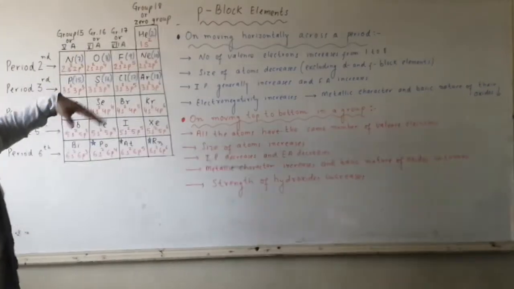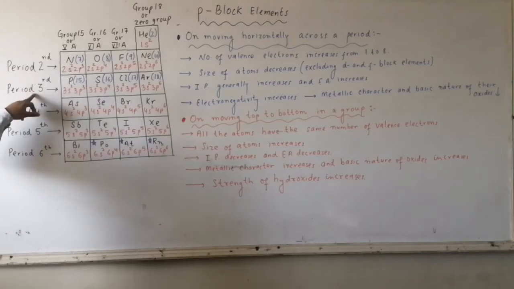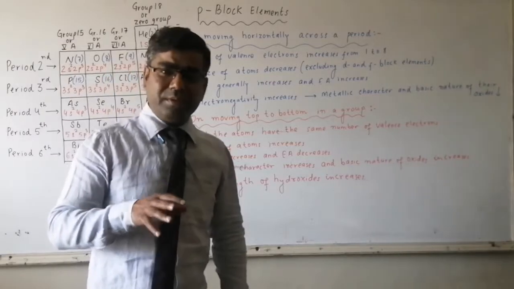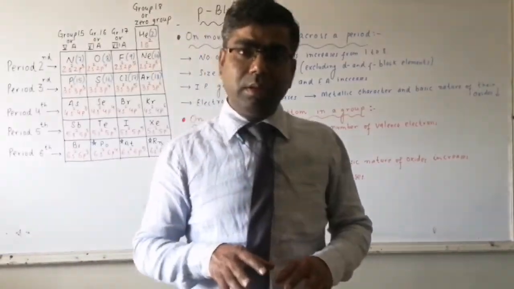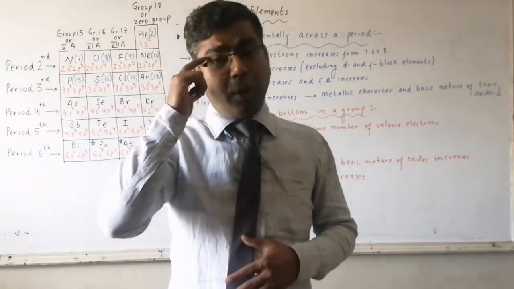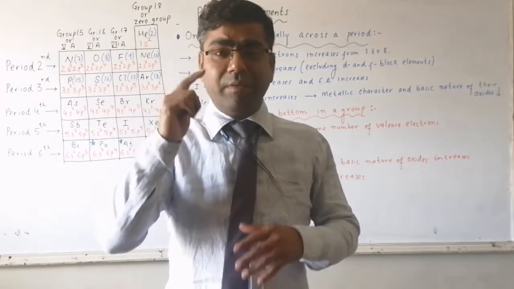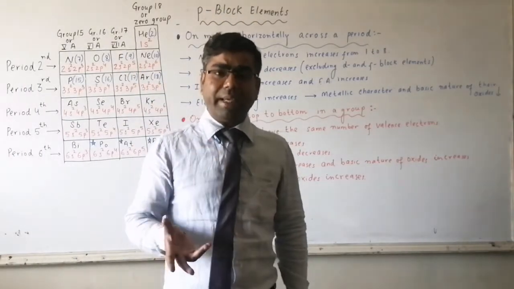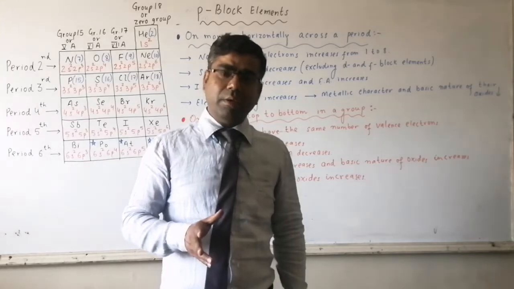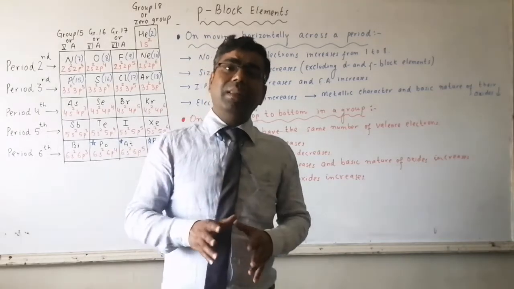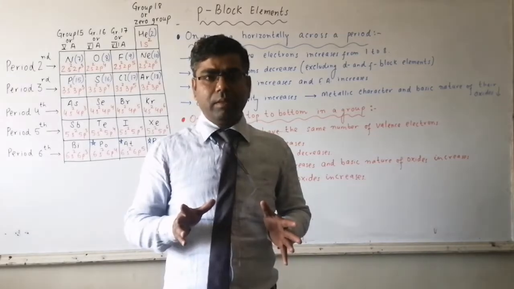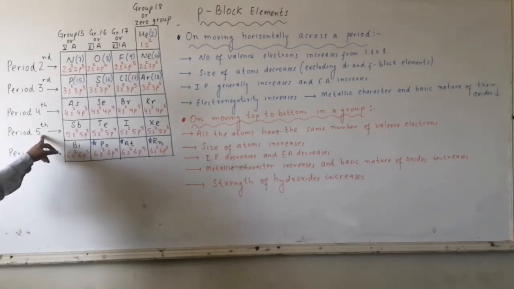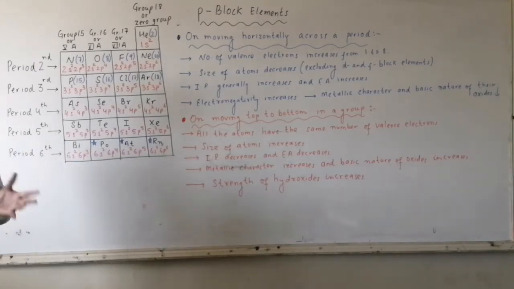Now helium belongs to period first, then we have period second, period third, period fourth, period 5, and period number 6. Period number gives us information about the valence shell. If an element belongs to period 1, then its valence shell will be 1. If an atom belongs to period number second, then its valence shell will be second. If it belongs to period number third, then its valence shell will be third. In this manner, for period 4, valence shell will be 4. For period number 5, valence shell will be 5th, and for period number 6, valence shell will be 6th.